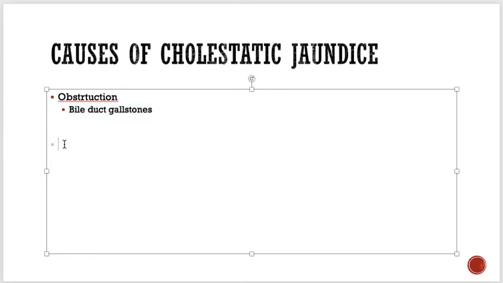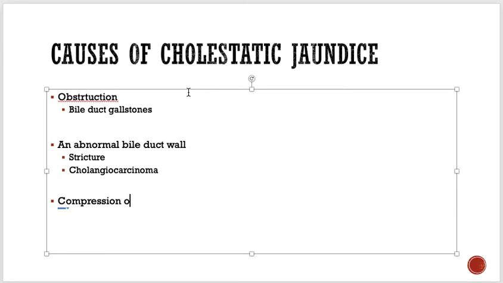biliary obstruction, right? There could be an abnormal bile duct wall. For example, if there is a stricture in the bile duct wall. Or for example, there is cancer, or we call it cholangiocarcinoma. Okay, that will lead to this thing. And another thing, for example, the bile duct is compressed from outside, or you can say compression of the bile duct